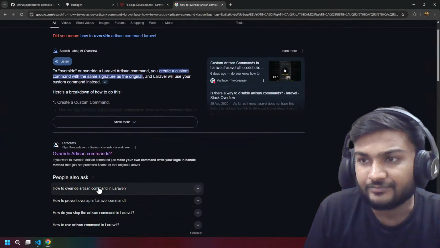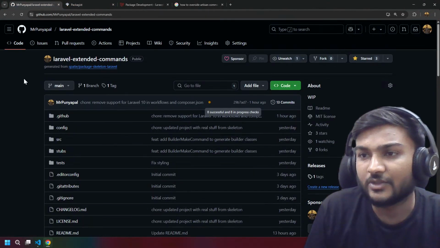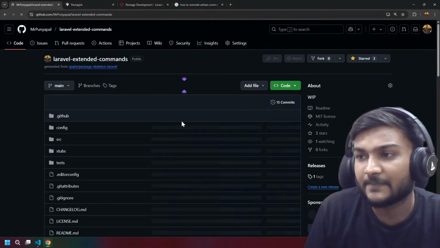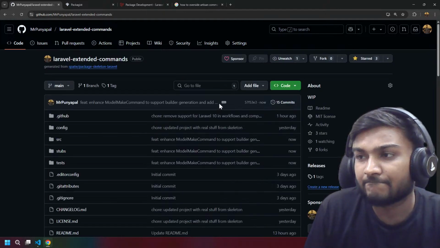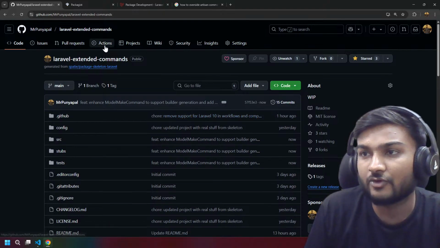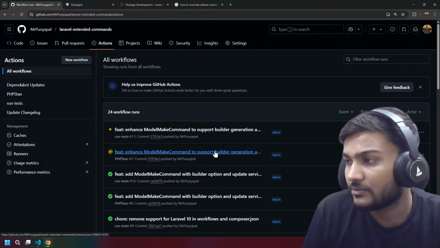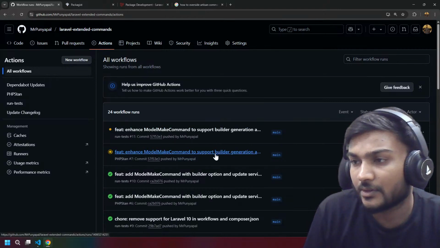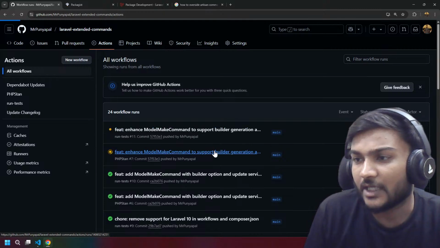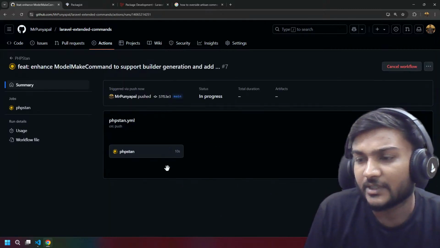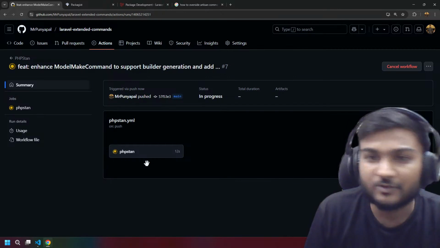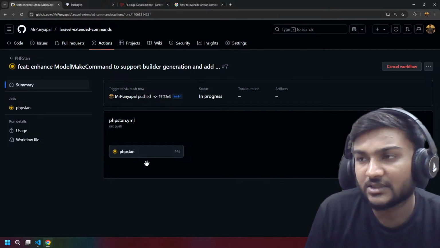Perfect. Let's go here and see if the workflow is passing or not. No, but I have two workflows. One will be the PHP stan, which will fail, right?